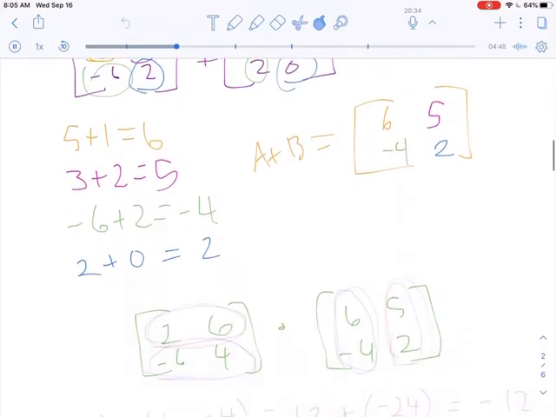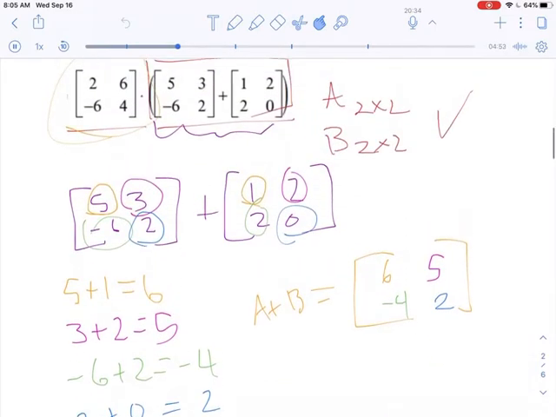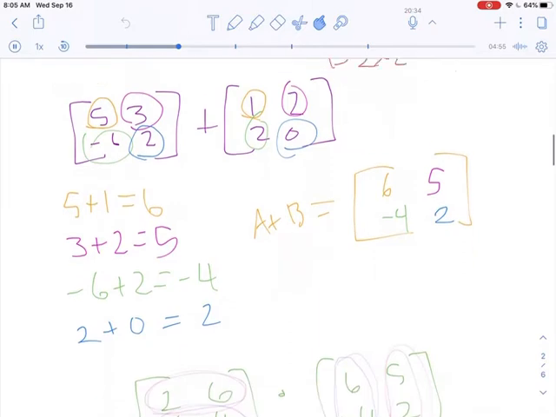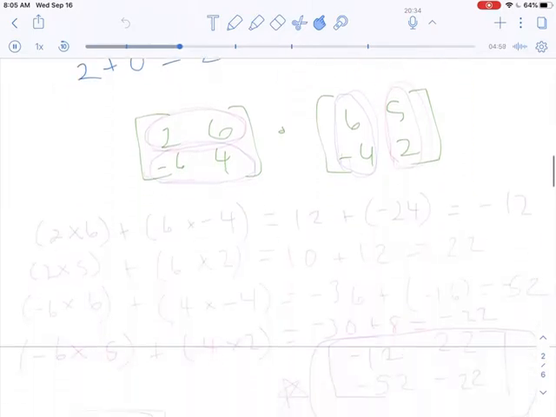We have compatibility because we have 2 rows in our matrix over here, and then we have 2 columns in our matrix over here. So we know that we can multiply these two together. Multiplication is a little bit harder than addition, because we are going to be multiplying the